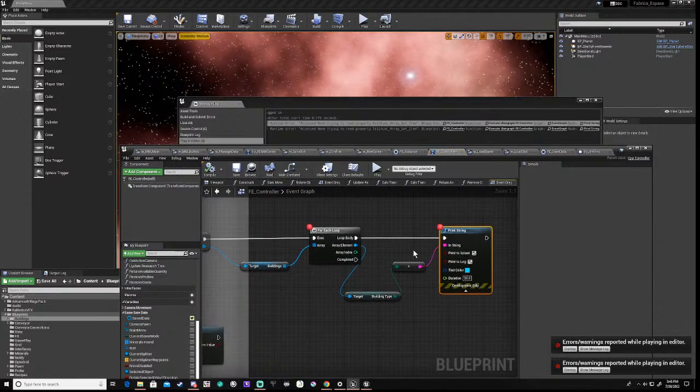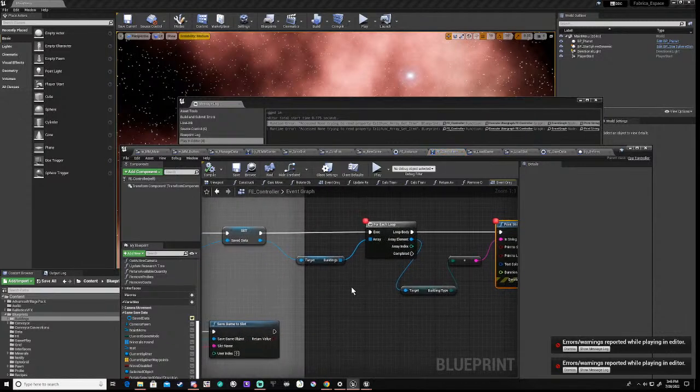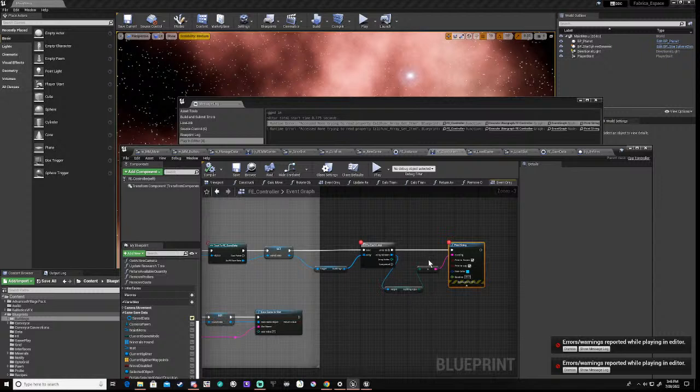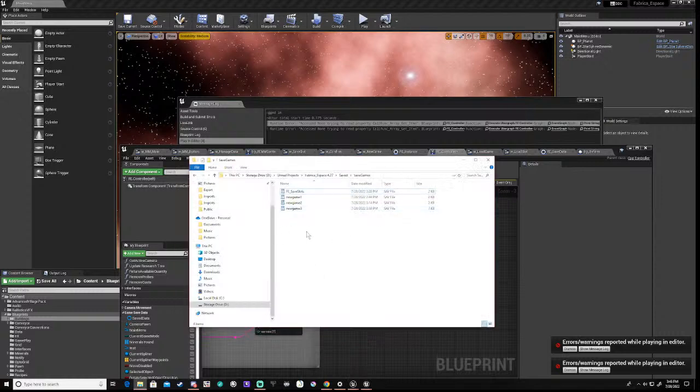Right, it doesn't like this print string thing, but that's okay because that is because we saved the refineries. Okay, so what we'll do in the meantime is we shall delete everything